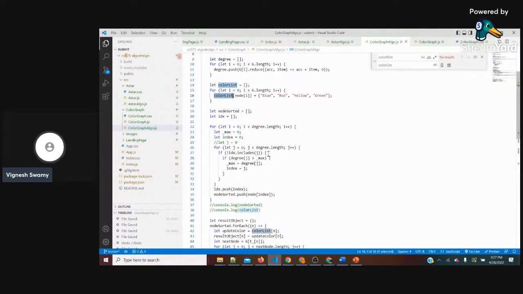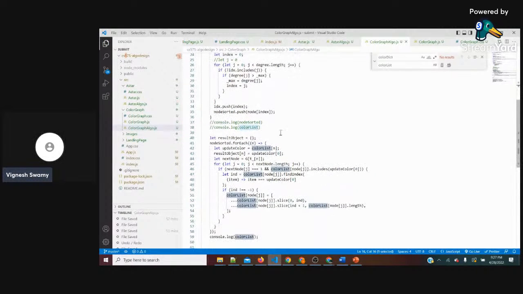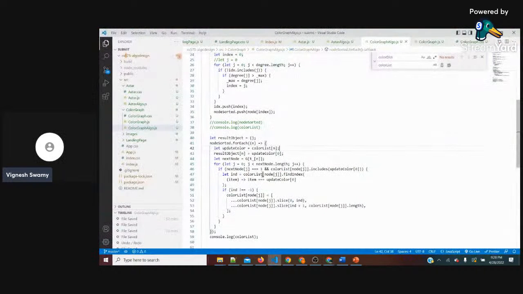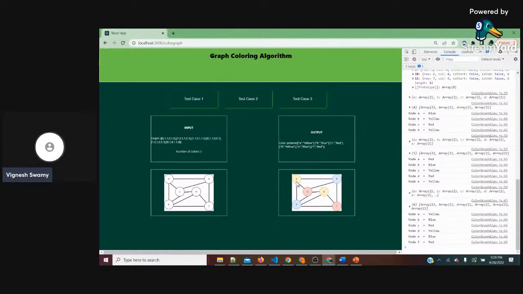So here, as discussed in the presentation, it is going to be based upon the adjacency matrix as an input, and it is going to take the degrees here. So based upon the degrees, when the highest degree is there, it is going to consider it and start filling. So this is the main process where it is going to update the colors. As I mentioned, the very first node will be filled with a color from the given color list. If the first color has been filled in the given graph, let's say here A has been filled, it is going to make sure that all the respective indices corresponding to the adjacency matrix, A, C, B, or let it be A, E, C, do not have the same